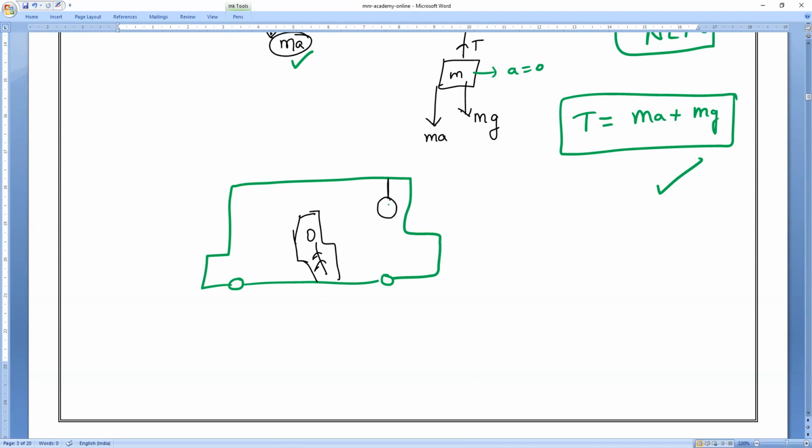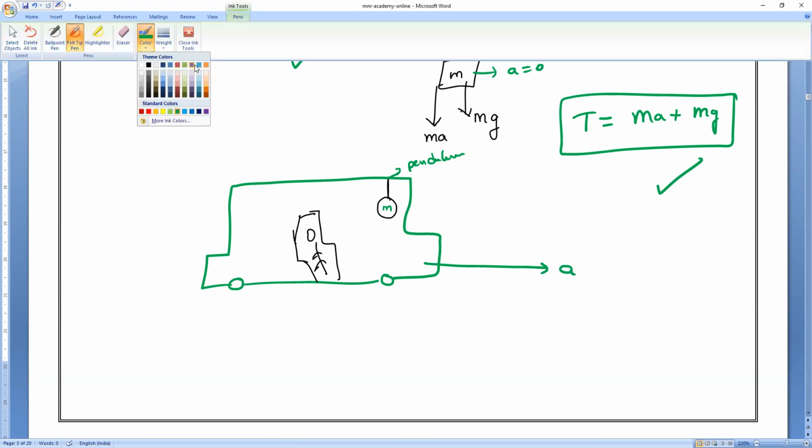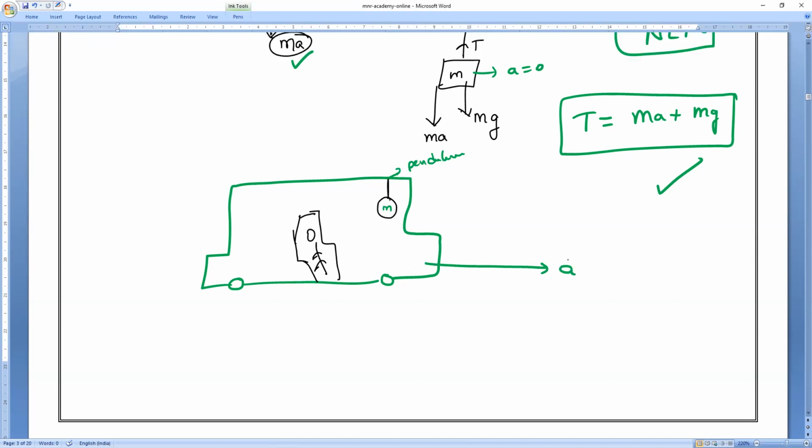Yes. So let me consider there is a mass, or else a pendulum. Your father is hanging the pendulum here. Now your car is traveling with acceleration A in a forward direction. So if the body is traveling in the forward direction, as we know, our body mass also moves in the forward direction. Right or wrong?